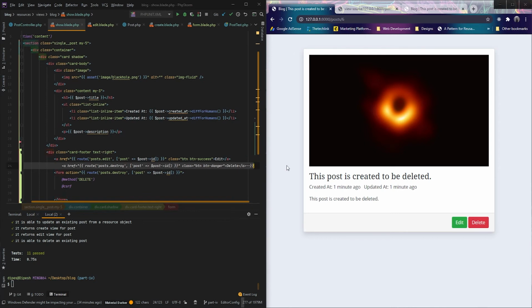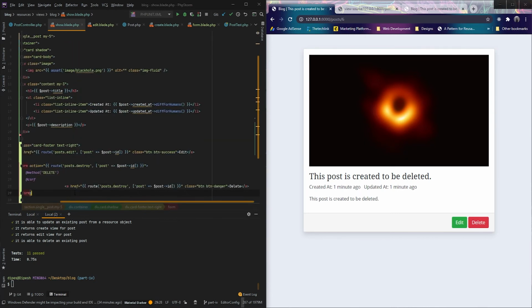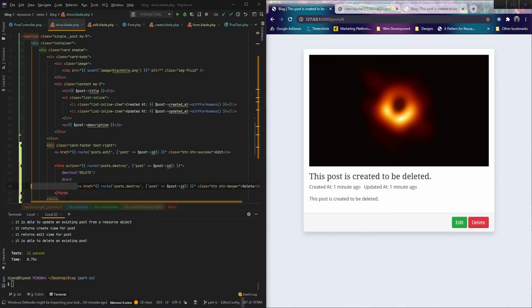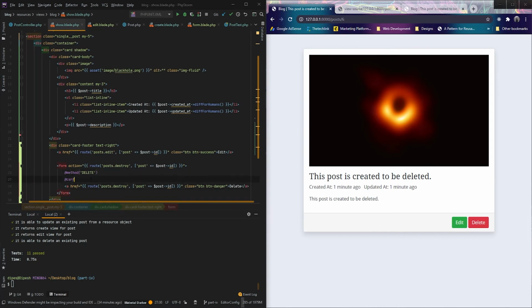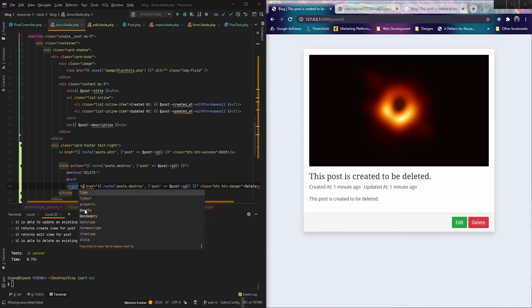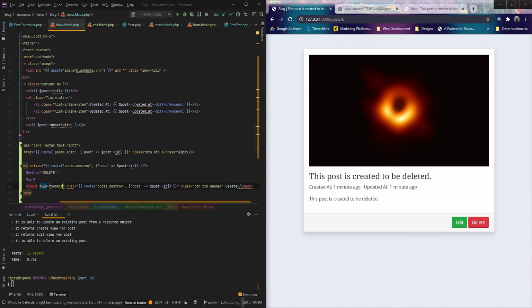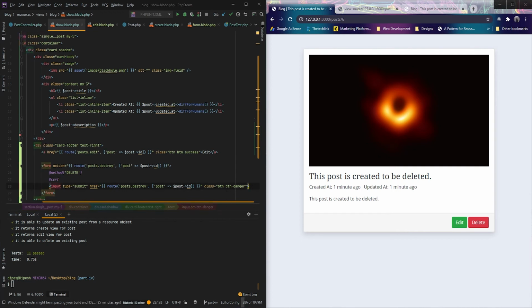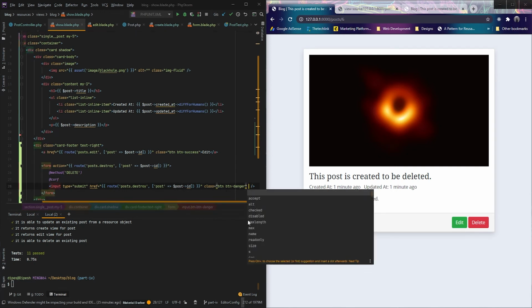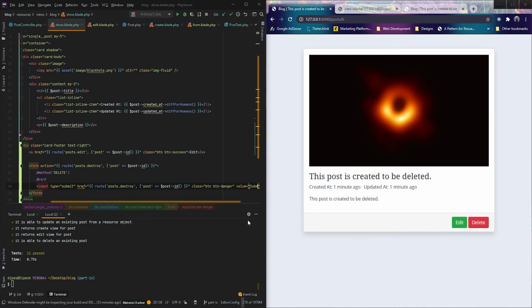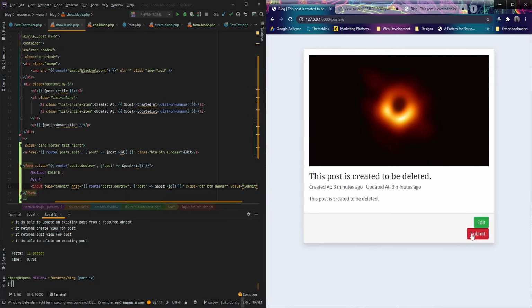Now we can copy this, cut it and paste it over here and uncomment it. As you can see, this is our submit button. So simply what I will do is input type equals submit, and putting the value of submit. So if we refresh it and submit it,